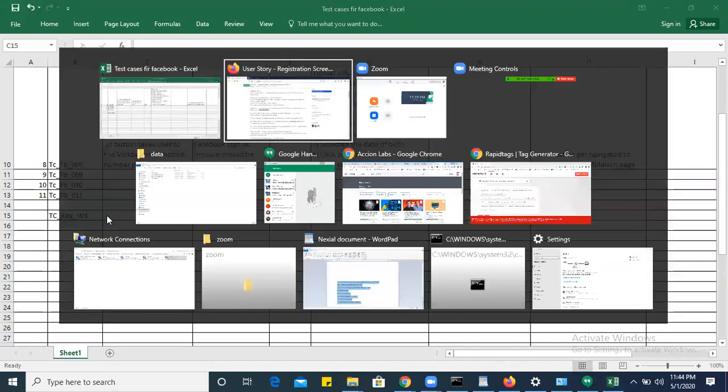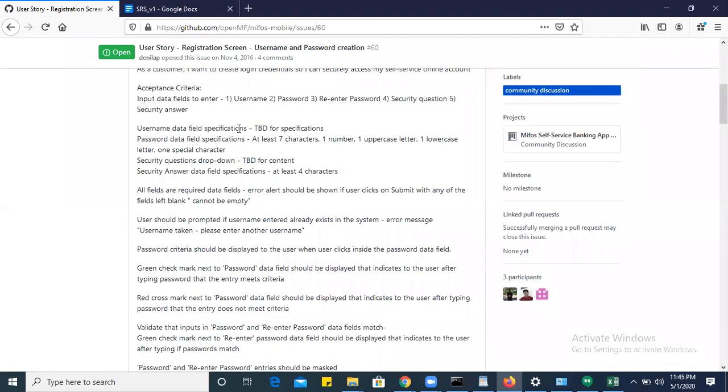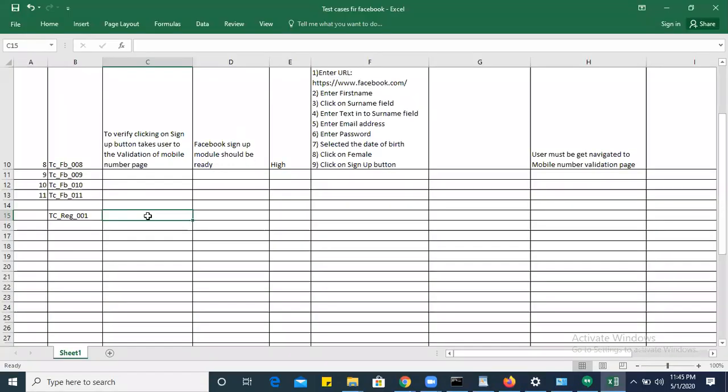So what is the first field here? User story, username data field specification. Here we'll consider the TBD specification as: it should accept only characters with a maximum length of 30 characters. How do you write it?